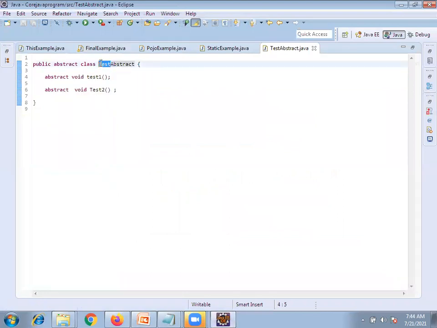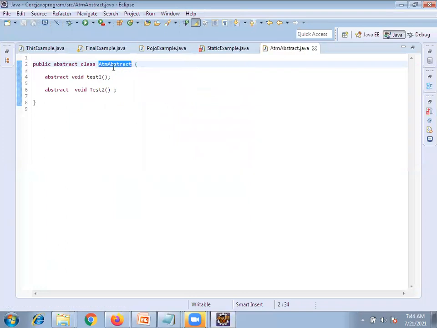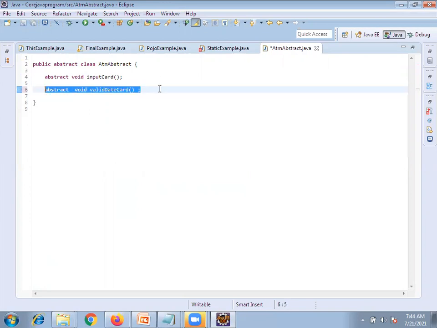This is ATM abstract. Now change this to ATM abstract. First step would be the card. Clear? Validate card. Then PIN number validation.